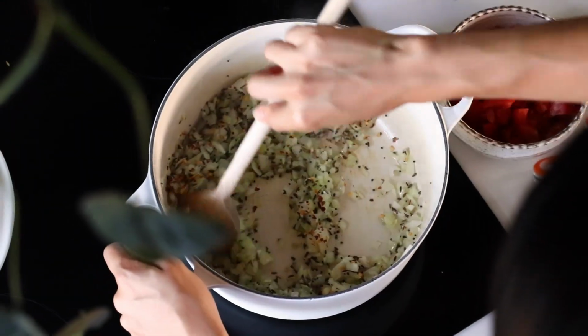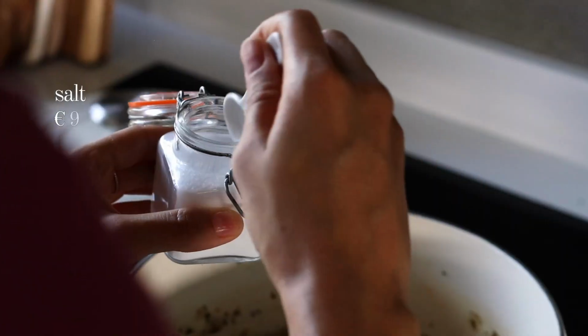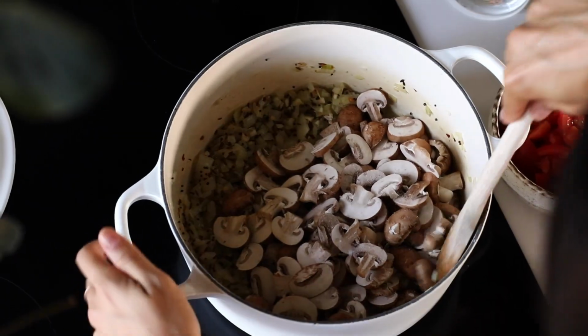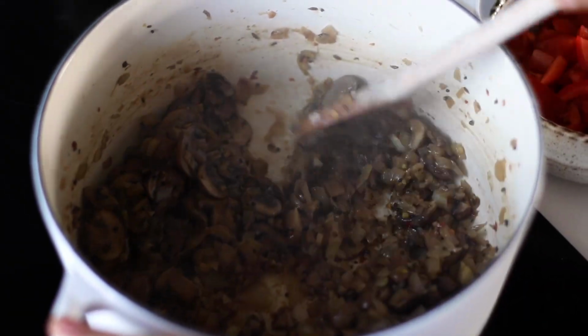We're then gonna cook this for about 3 minutes or so. Then we can add the mushrooms to the pot along with half of a teaspoon of salt. And the salt here helps to draw the water out of the mushrooms. So we're gonna keep cooking this until most of that seeped out liquid and moisture has evaporated, which takes about